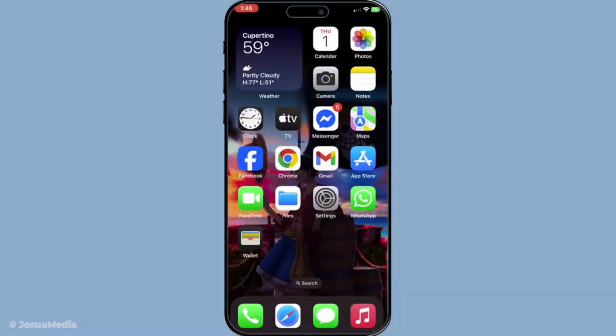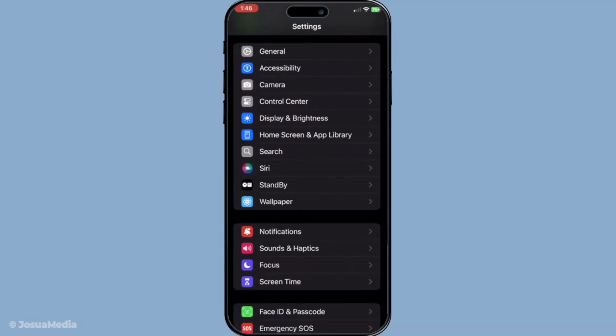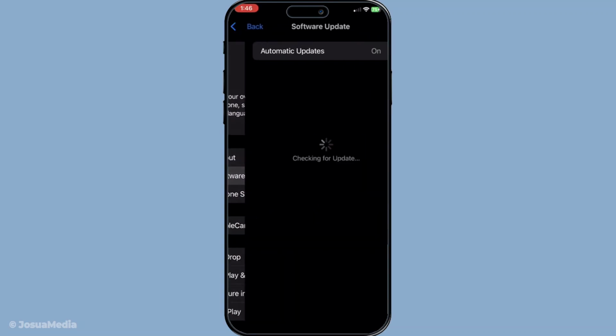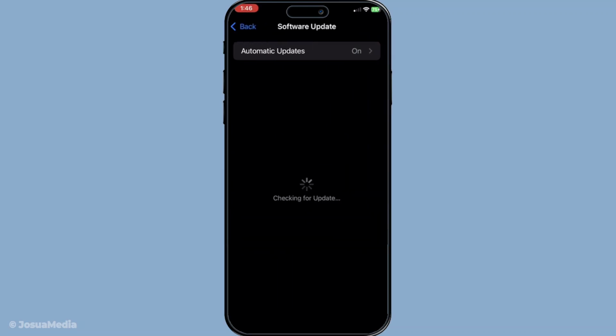Next, make sure your iOS is up to date. Many issues can simply be due to an outdated operating system. Head over to your settings, then General, and tap on Software Update. You must have the latest version of iOS running, as updates often fix bugs and improve the performance of apps